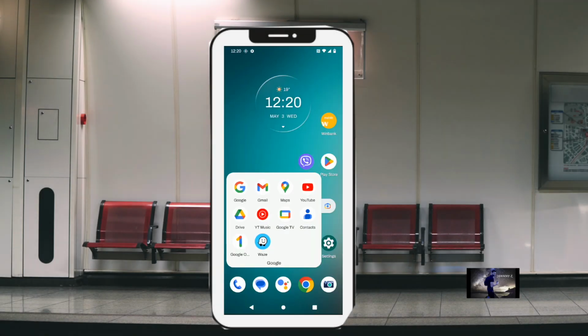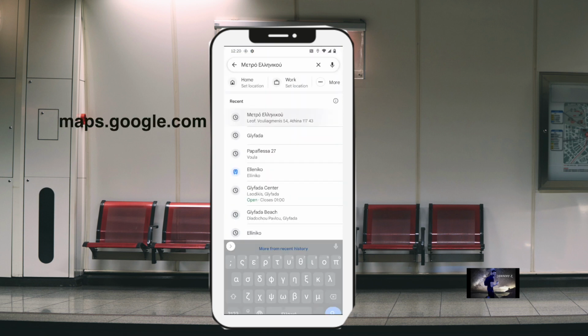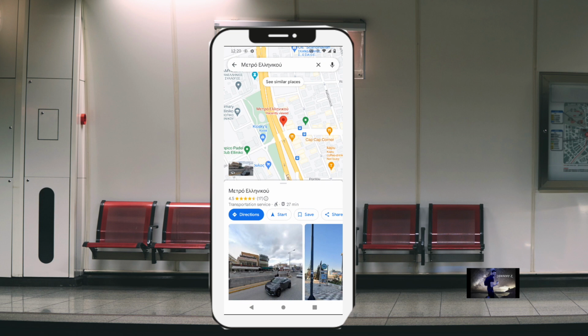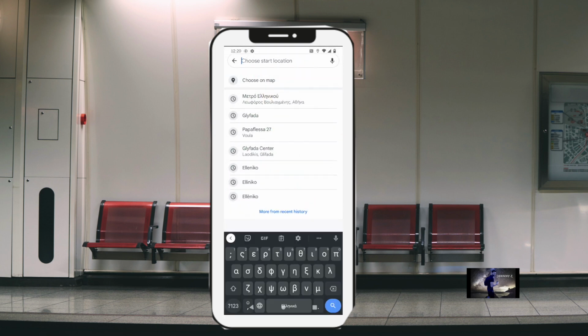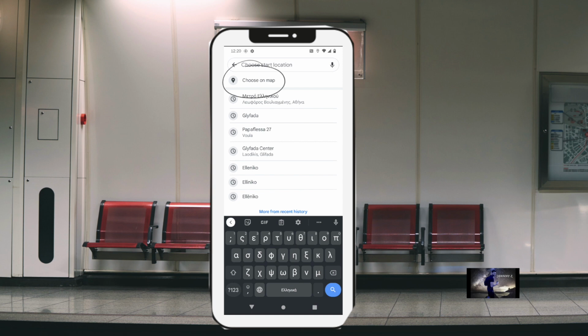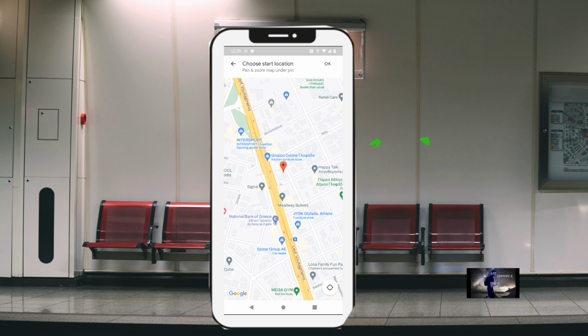Using your phone, go to Google Maps or to maps.google.com. For this trip's destination, I will select the metro in Elliniko. When searching for directions, by default Google has my location selected, which most of the time is what we need. I'm just going to go ahead and erase that and select the Choose on Map option. After doing that, I'm going to pretend I'm in the Glyfada area, which I've made a video about, by the